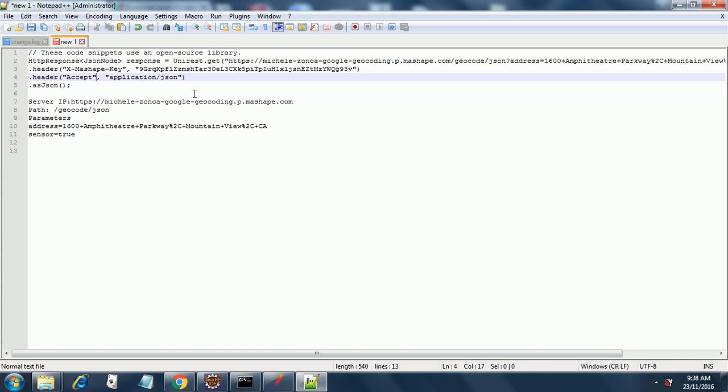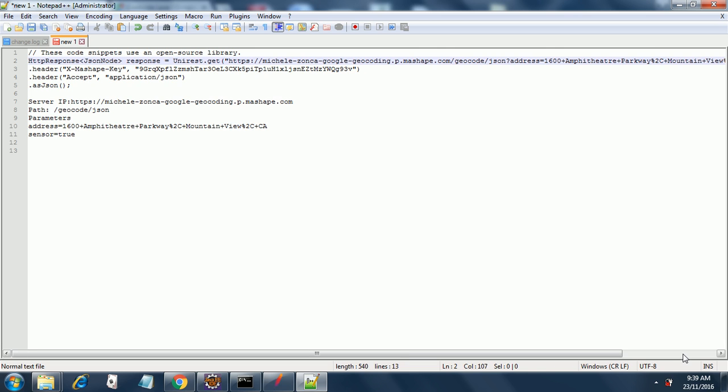So here in the server, when you create the new test plan, you have to take this GET request, not from HTTPS, from this Michelle till the com. You copy this, you put it in your server IP, and then for the path you take geocode JSON, which is what I have done over here, and in the parameters you take the address as this line over here,